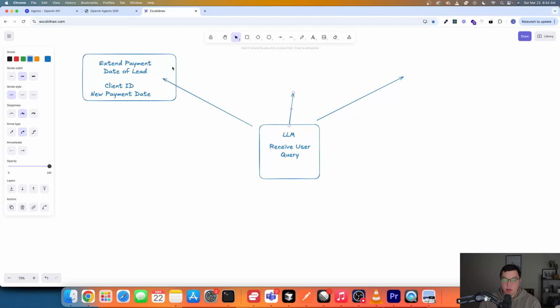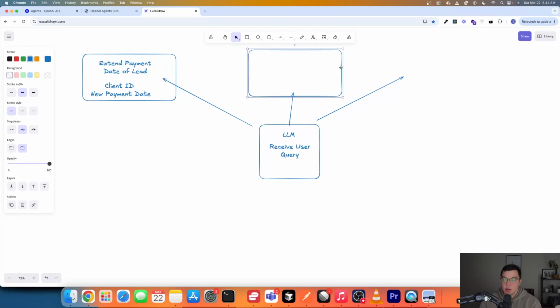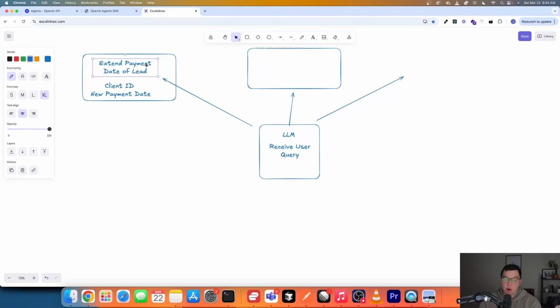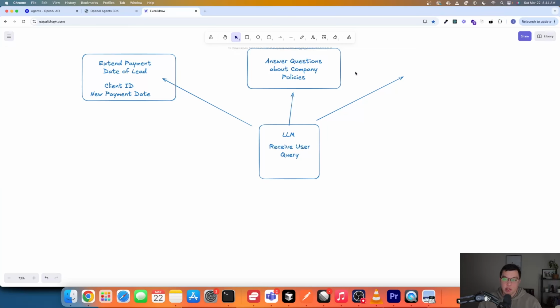The second thing that we needed to do was basically just to answer general questions about company policies. Our agents were often asking kind of the same questions over and over again, and this took a lot of time out of our managers' schedules because they had to respond to the same questions. So what we did was we built a little knowledge base of frequently asked questions. And if the user, the sales agent in this case, was asking our bot about something that we had inside of our knowledge base, or more generally just a question about company policies, our agent would execute this action here.